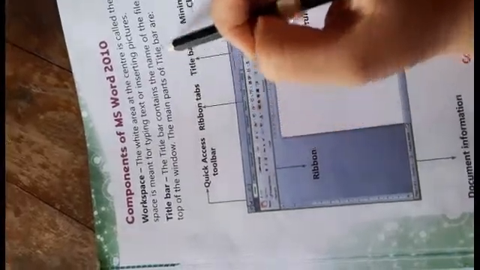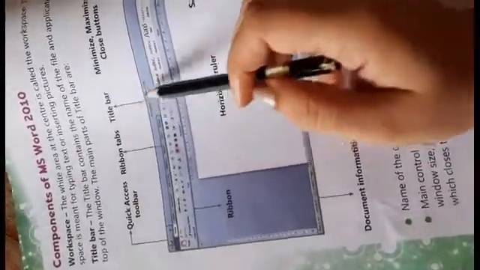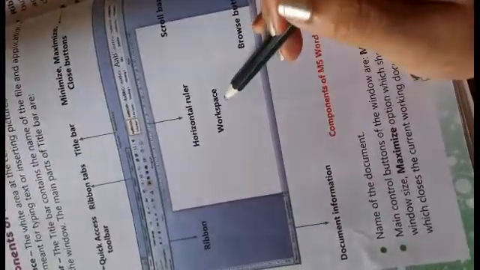Here you can see the components of MS Word: the quick access toolbar, ribbon tabs, title bar, minimize, maximize, close button, the ribbon, document information, horizontal ruler, workspace, scroll bar and browse buttons.